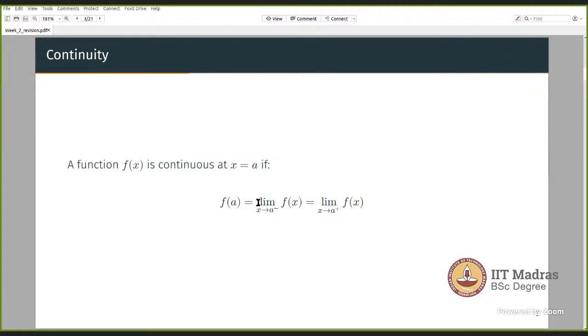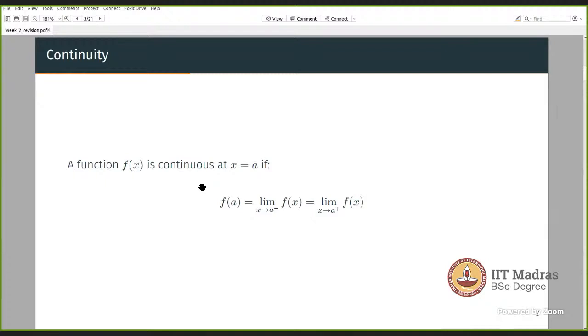That's one thing. Second thing is the limit of f of x as x approaches a from the minus side, which means the function value when you approach from the left hand side, when the value of x is a little less than a. Okay, that's your left hand limit. That's the second thing that you have to compute. And the third thing is the right hand limit, which means the function's value when the value of x is a little more than a. So that's your right hand limit. When these three terms are equal, that means the function is continuous at the point x is equal to a, right? So that's the way to go about it.